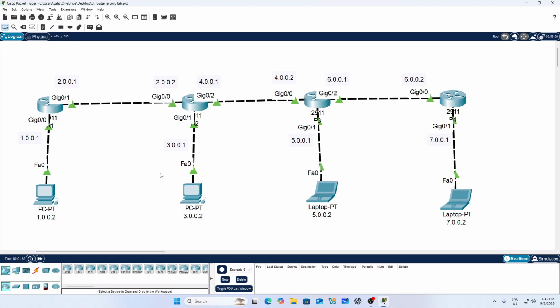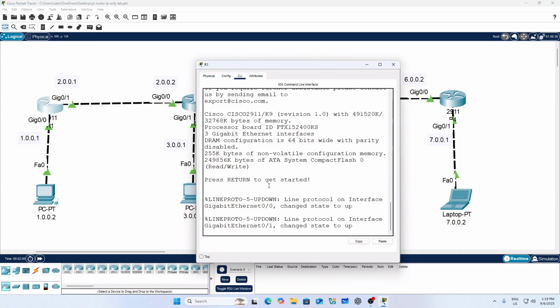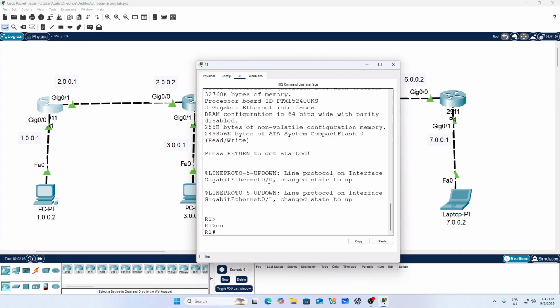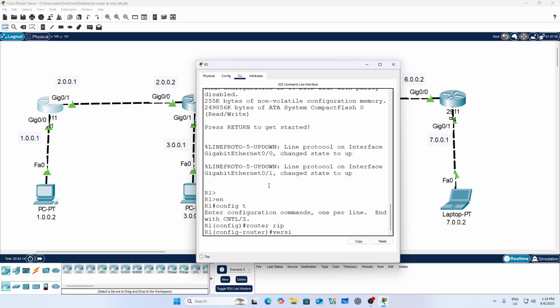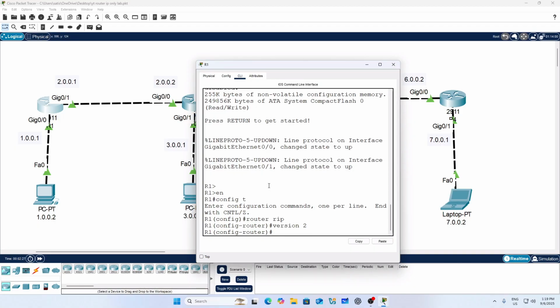Okay, so let's start. So in RIP routing we have to mention only directly connected networks. So I am starting with this first router. Okay, so this is router R1. Go to router R1, go to the configure mode, and type router RIP, then type the version, because there are two types of RIP routing, RIP version 1 and RIP version 2. Nowadays no router supports RIP version 1, so we will move to RIP version 2, which is the advanced version of RIP, and it also supports subnetting, variable subnet mask. Okay, so just type router RIP version 2 and then type network.